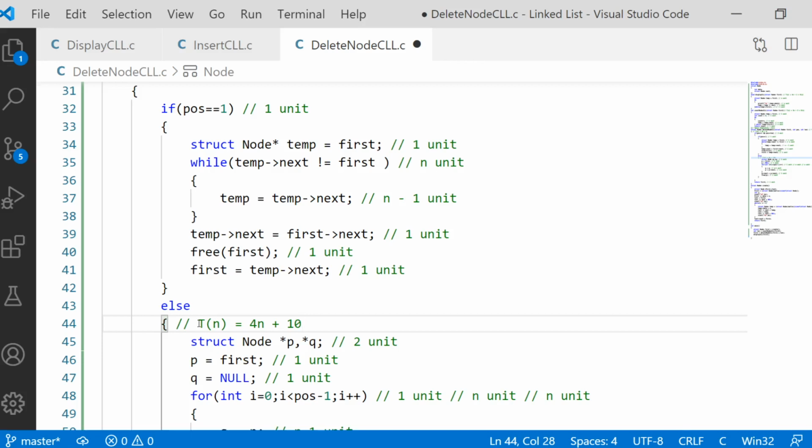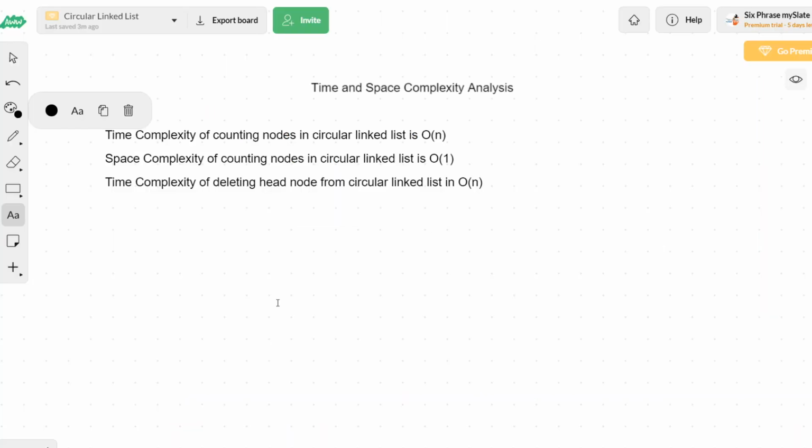So the time complexity of deleting other than head node is also linear time taking. So the time complexity of deleting other than head node in circular linked list is order of n. Again, it's a linear time taking solution.